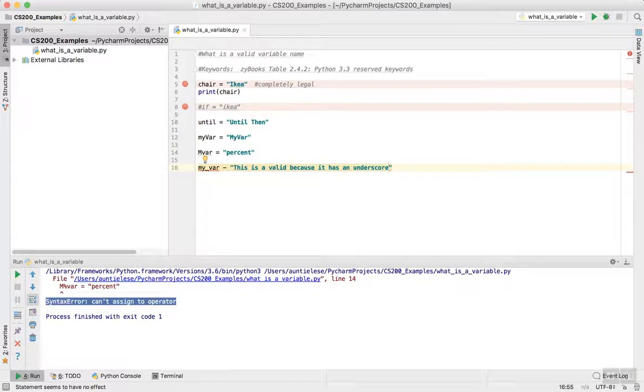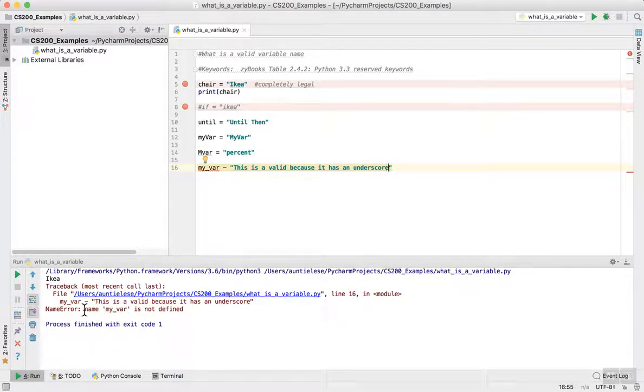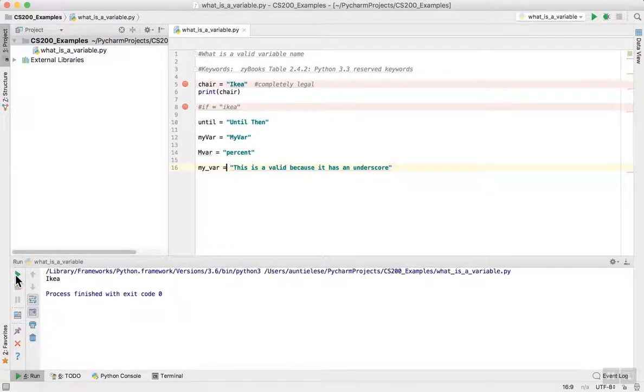So let me show you, there is an error here, but I want to show you what the error will be. And this error is NameAVariable is not defined. And the reason that I did this is because I made a typo, and that typo was a dash. If I change this dash to an equal sign, then my error goes away. So this is just a short video to show you what you can do when you're naming variables in Python.